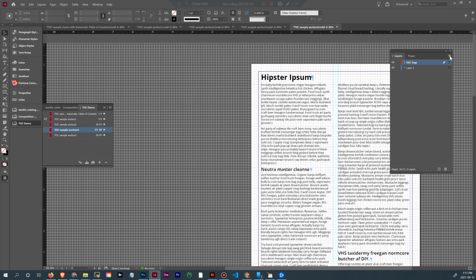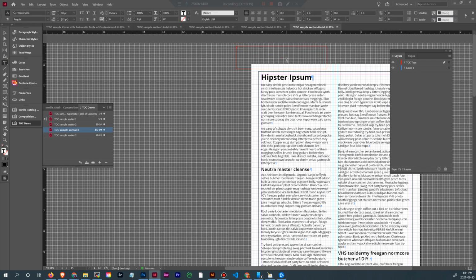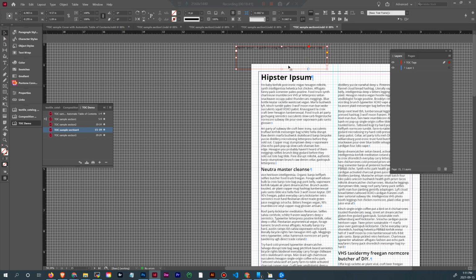But anyways, I'm just going to add a text object here on that layer. So let's just say that's what I wanted to show in my table of contents, which would be a little